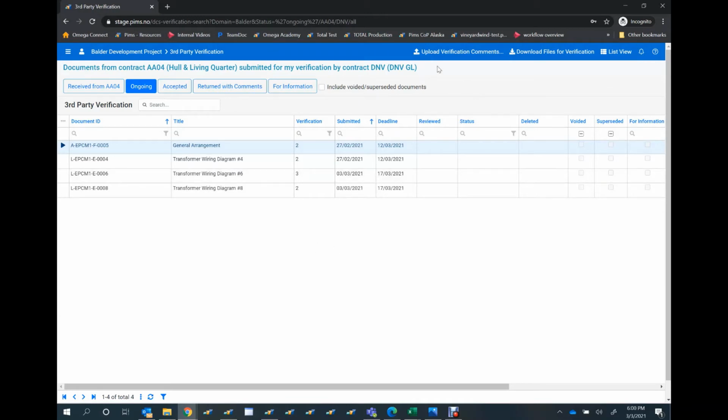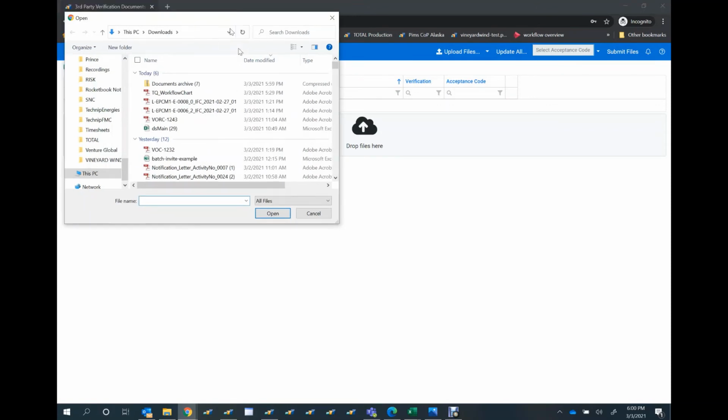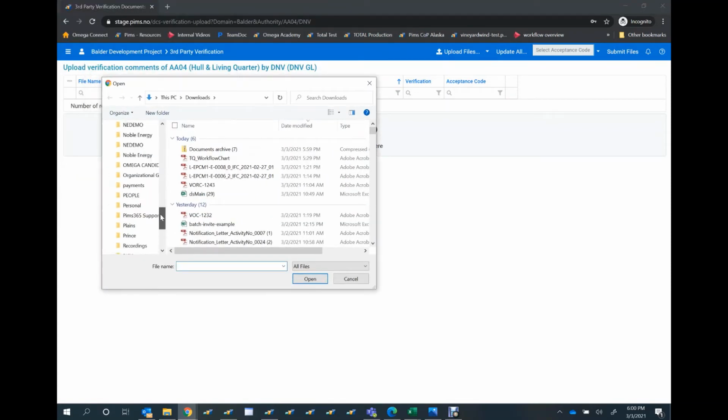When I'm ready to do that, I would click on Upload Verification Comments. I have an ability to drag and drop files here and associate them with a document, so I can drag and drop the comment verification sheet associated with a document and then set an acceptance code. Or I can come to Upload Files and click on Upload and Assign Documents. This option will enable me to basically